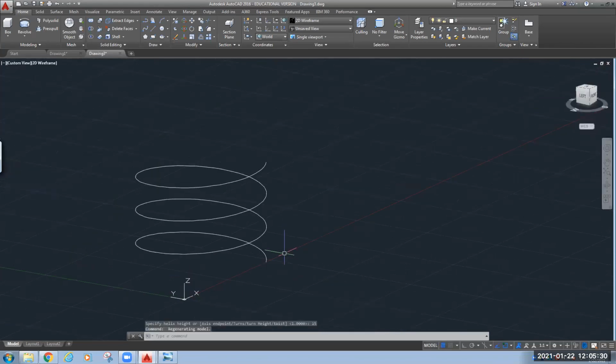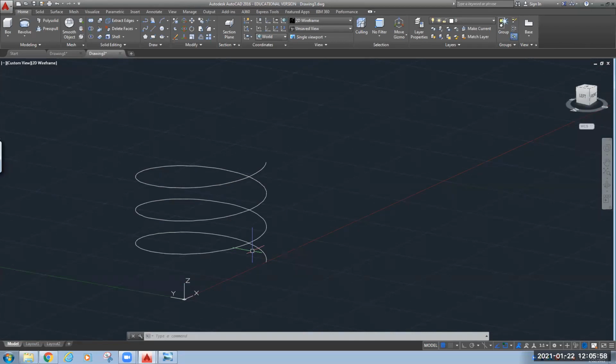Now if you want to convert this helix into a spring, which command can we use? You can use the sweep command. I will type it here in the chat. All of you please type sweep in the command chat box.